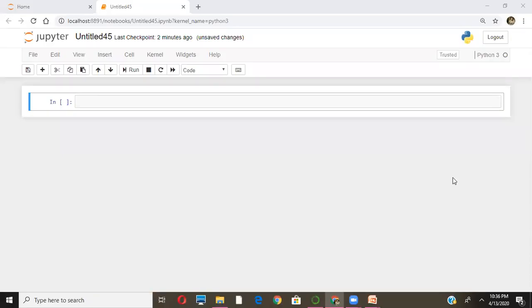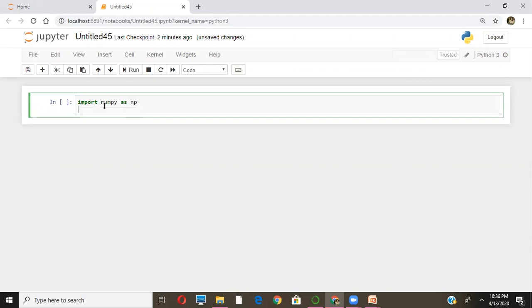In this video, we shall see about the inbuilt functions in Numpy array. Inbuilt functions are the functions that are already existing in Numpy array that have a definite purpose. Some of the functions we shall see in this video: import numpy as np, and let me create an